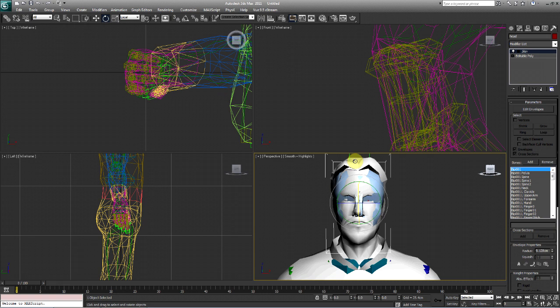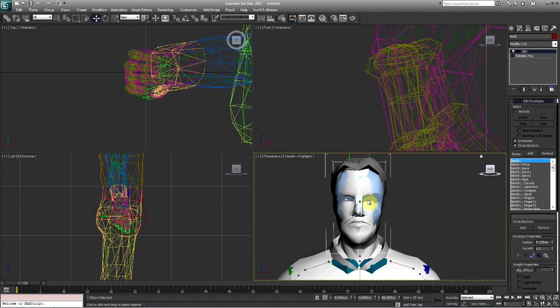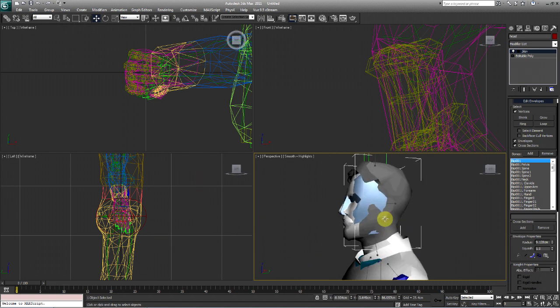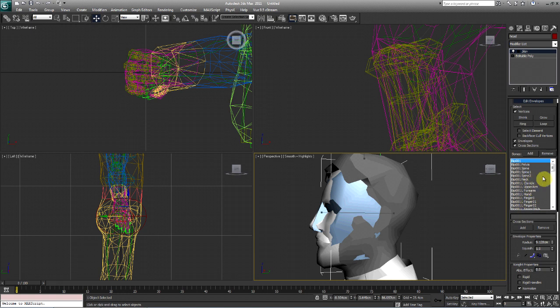We're going to click on the head mesh, which is head. The body part is head. We're going to hit edit envelopes. Once we hit edit envelopes, we're going to select vertices, and then we're going to select that part of the bone. You're going to see this little line dash right here. You're going to select it. Or you can select by the name of the bip of the bones, which would be head. So click head, and notice what happens.